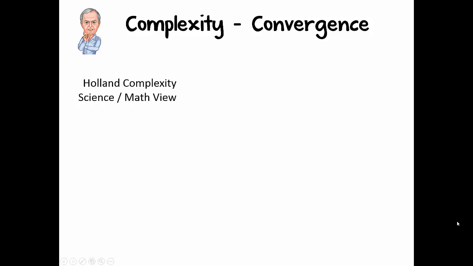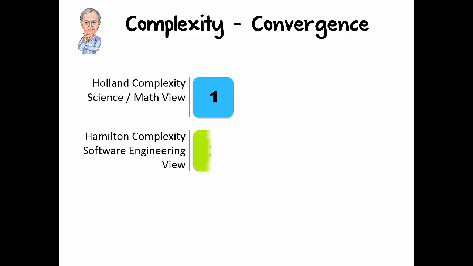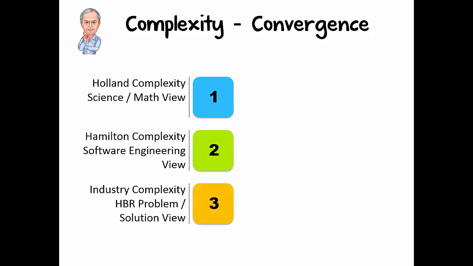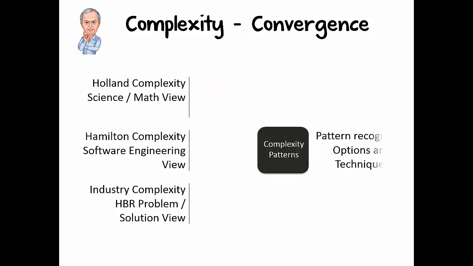So basically what we're saying here is, can we take Holland's complexity, the science and math view, the software engineering view from Hamilton, and the industry complexity view from the Harvard Business Review, and kind of merge them together to come up with some patterns and some pattern recognition for options and techniques that we use for complexity. And that's kind of